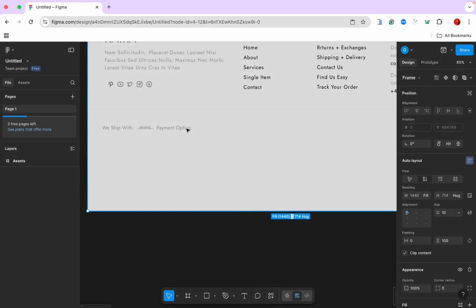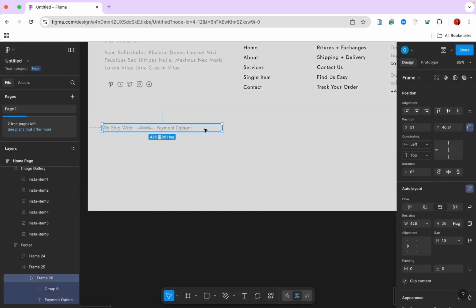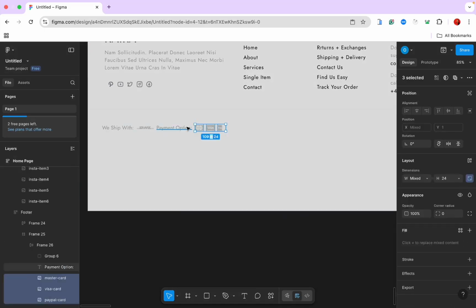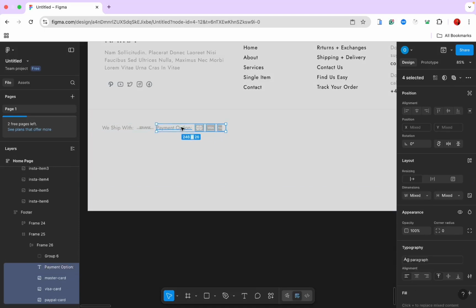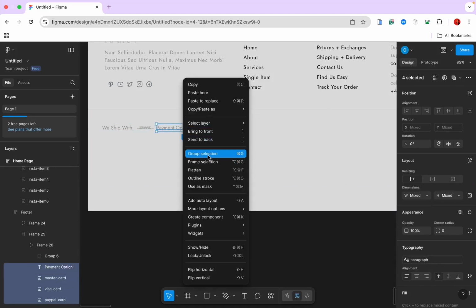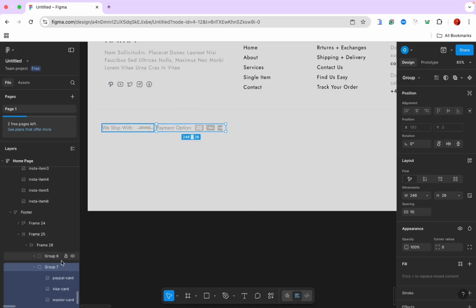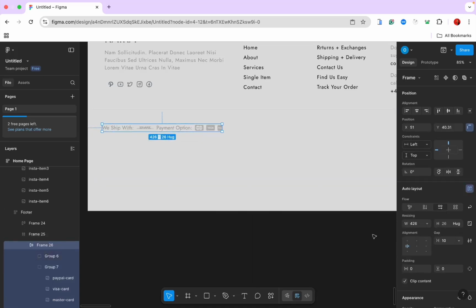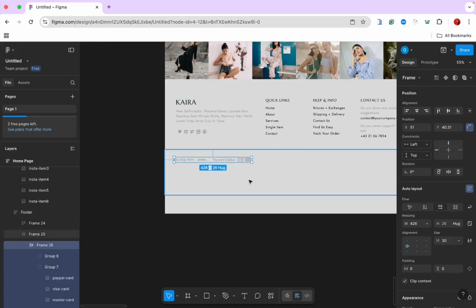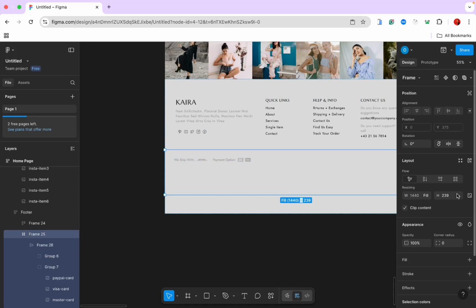So copy in this frame. We're going to add it. And we want to group these guys together. Now they are grouped. For this frame, I'll give them a gap of 20 or 30 so that it can have a reasonable space. For this, I wanted to